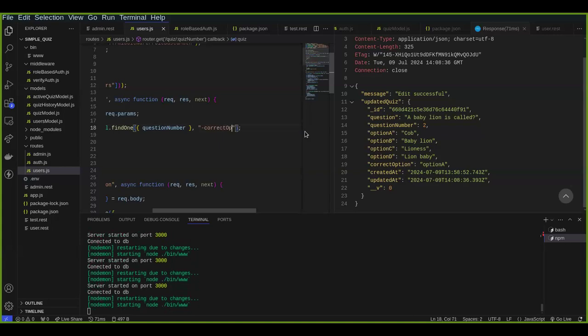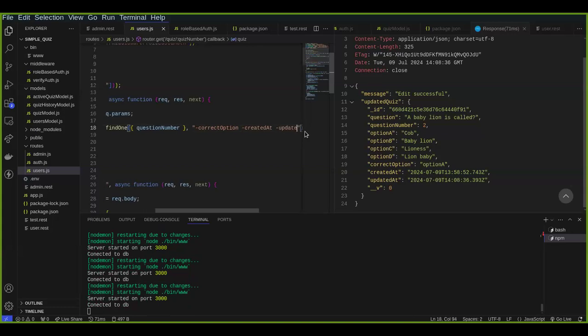option. Minus correct option. And mind you, don't put a comma here. If you put a comma, it's not going to work. You now say minus, even if you're specifying fields that they should see, right? Don't use a comma. Created at minus updated at